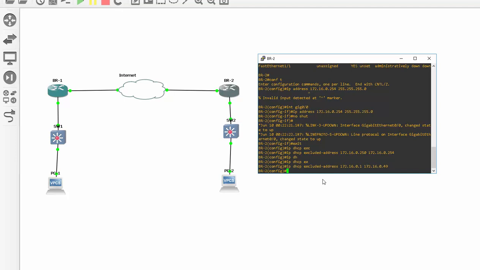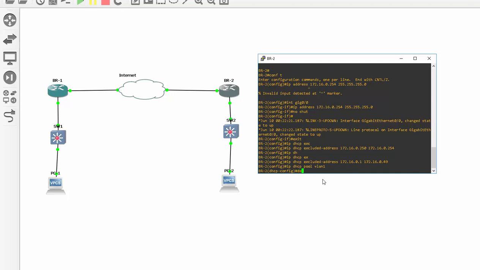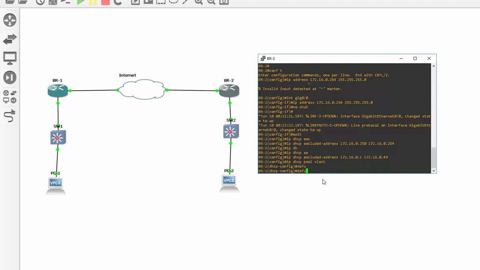So now to set up the DHCP pool, it's IP DHCP pool. You give it a name. I'm just going to call this one VLAN 1 because that's the default VLAN on the switches, and I'm not going to set up any VLANs on the switch, so everything's going to be part of VLAN 1. So IP DHCP pool VLAN 1, gave it the name, and here I'm going to type the